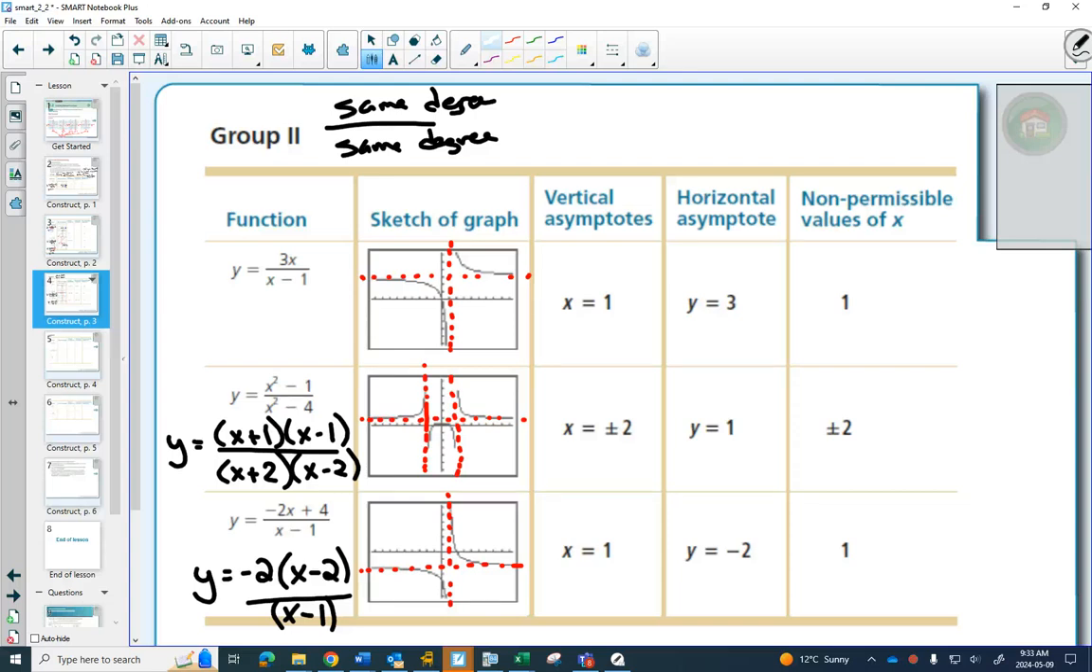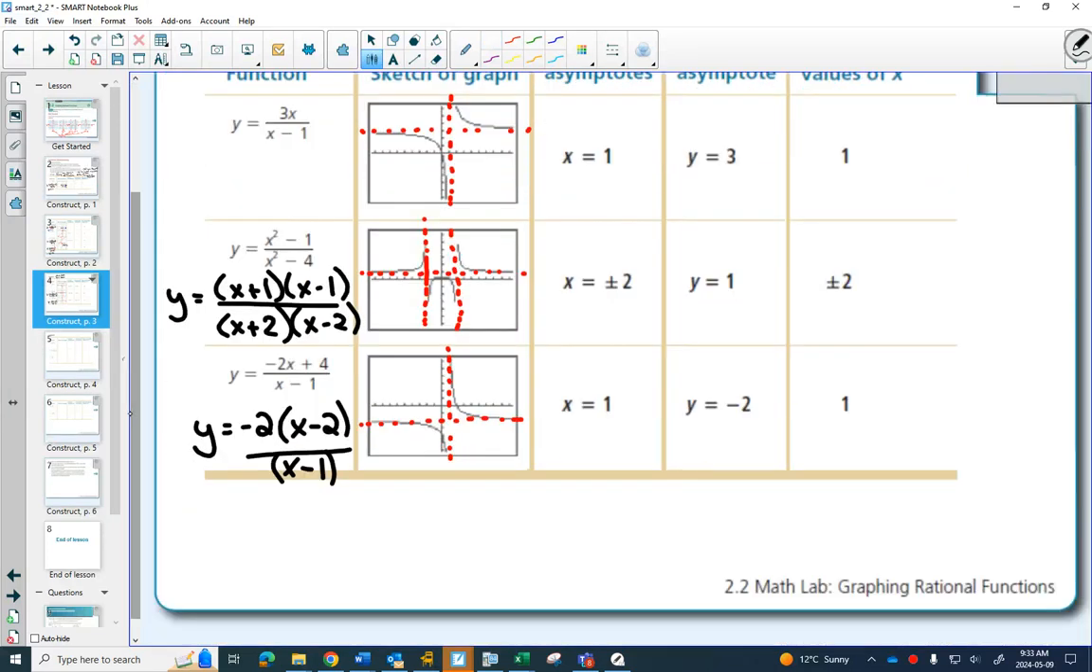Now, finding the horizontal asymptote. There's a technique that you can look just at the equation and tell what the vertical asymptote is. That this one's going to be 3, this one's going to be 1, and this one's going to be -2. And I'll add 1 in here, see if you can figure out, I'll put,